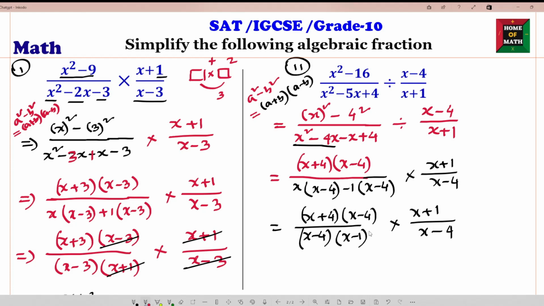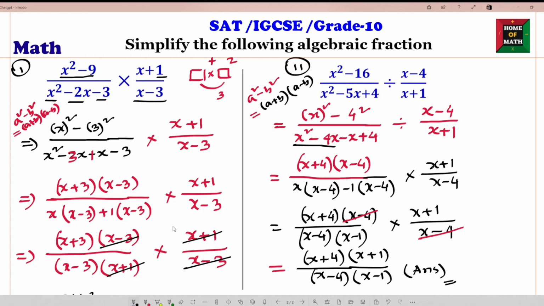Now we can cancel: here is x minus 4 and this x minus 4 out, right? So what will be remaining? We get x plus 4 times x plus 1 divided by x minus 4 times x minus 1, and this is our answer. So two very important problems we already solved, which are very important for SAT, IGCSE grade 10